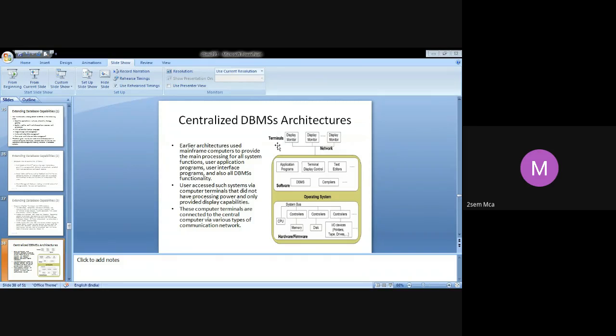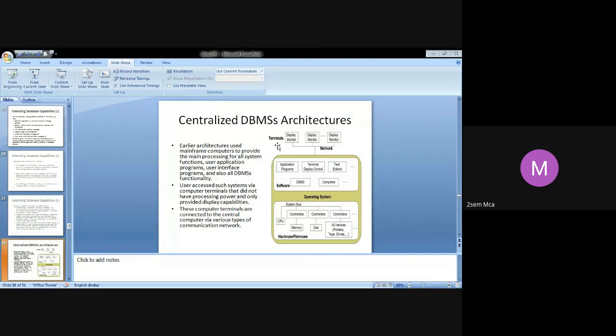So centralized DBMS means these dumb terminals were all connected to a central computer. They had one computer in which the entire DBMS was running. All other users were given just the terminals. Terminals can't save anything, they can't process anything. They only access the central computer, work on it, and store it back into the central computer.